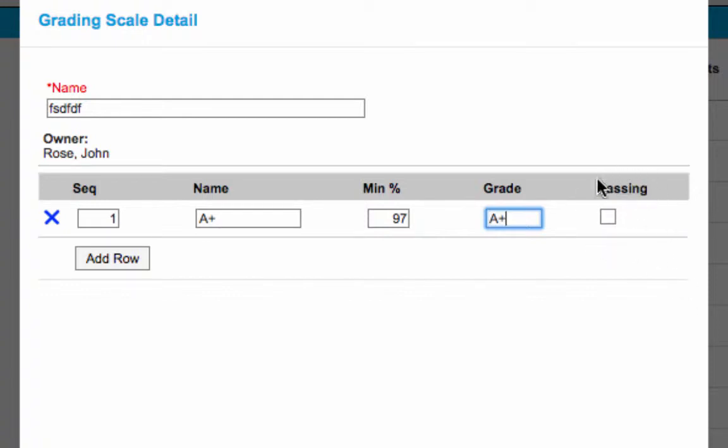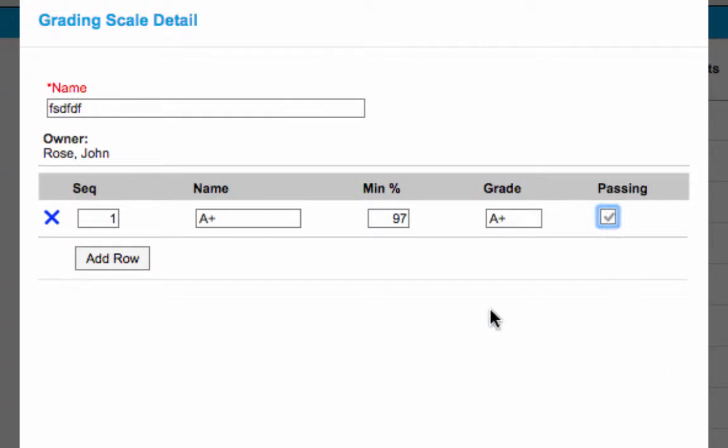Now, this option right here where it says passing, this has nothing to do with calculations or how the gradebook adds grades up. All this has to do with is the visual. There is an option called pass-fail color coding, and what it does is it will color code passing grades as green and non-passing grades as red. Just a quick indicator to the teacher: if a student has lots of red, then that means obviously they're failing in a lot of assignments. So you're just going to go ahead and check mark this for all of the passing grades